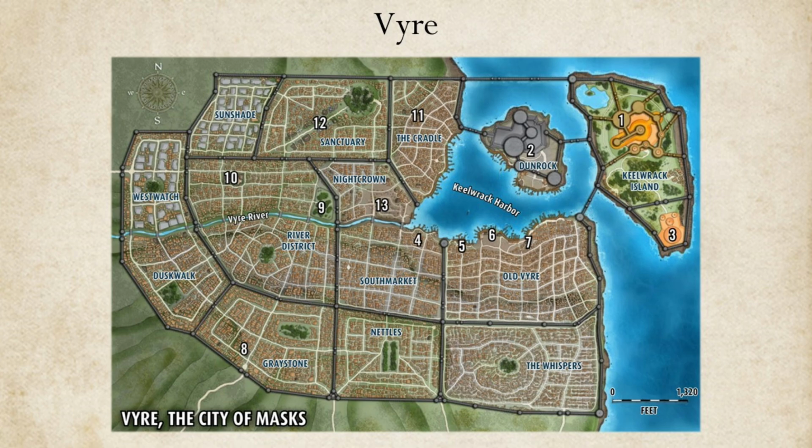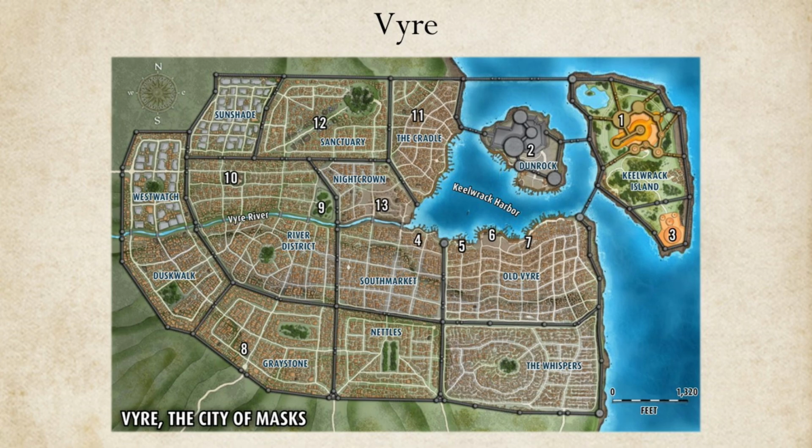It was founded in 1673 AR by free-spirited Taldans seeking a less regulated life. This spirit remains with the city to this day, and laws in Vyre are lax to say the least. The city remains a holdout for runaways, smugglers, fugitives, and all peoples seeking to avoid attention.